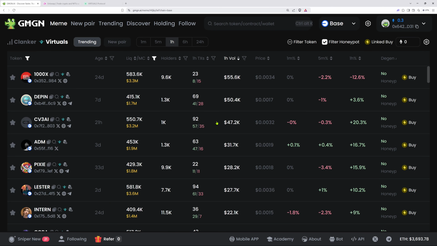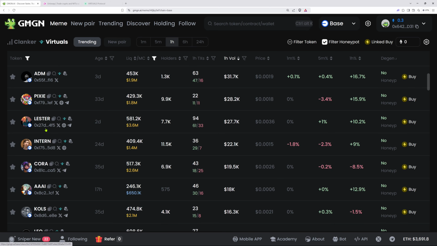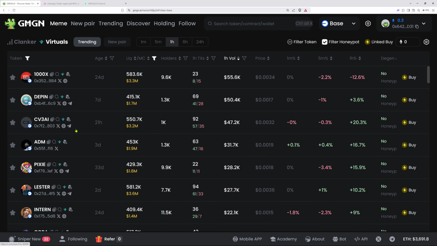Once you click memes, over here is where you're going to see all of the Virtuals protocol memes populate, guys. And this is what separates this platform from anything else out there when it comes to trading AI agents on the Virtuals protocol, right? So we're looking at all the various different AI agents on the left side over here. And this tells us the age, like how old they are. This also shows us the liquidity of the pool right here. And this shows us the market cap, which is very important. The holder counts, how many transactions per hour, and all that cool stuff.